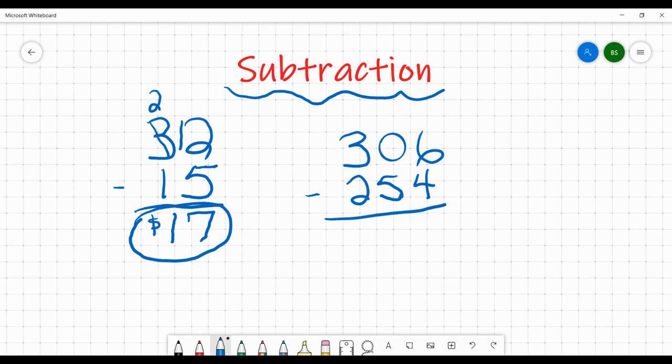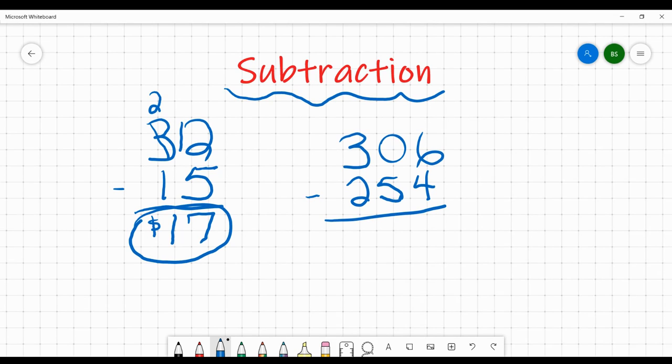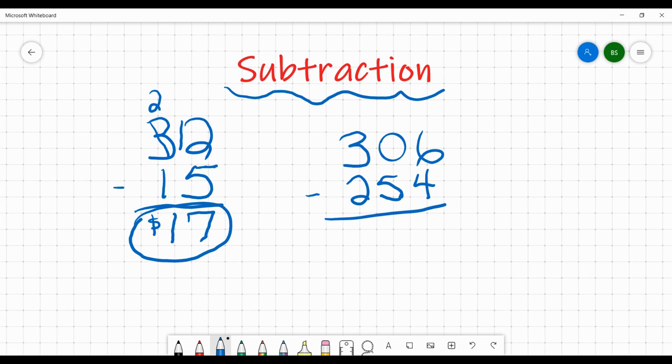Okay, now we have 306, and we want to get rid of 254. Okay, once again, 6 minus 4, that's easy. 6 minus 4, of course, is 2. Okay, now we move to our tens column, and we see that we have a 0. That means that we don't have enough to subtract 5, because if you have 0 of anything, you can't subtract 5. So let's go ahead and go to our hundreds digit, and let's take off one of those numbers,